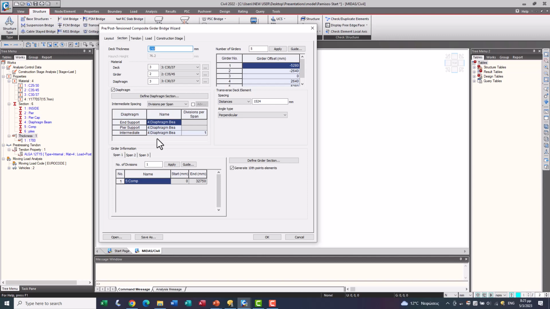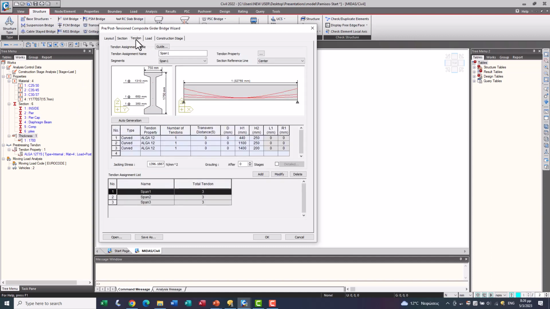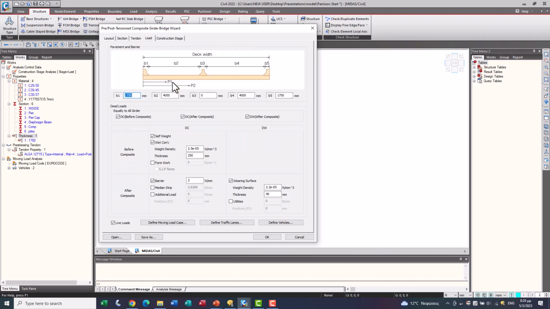This saves the user time from manually inputting the data. Here also you can see the tendon layout and the load tab.